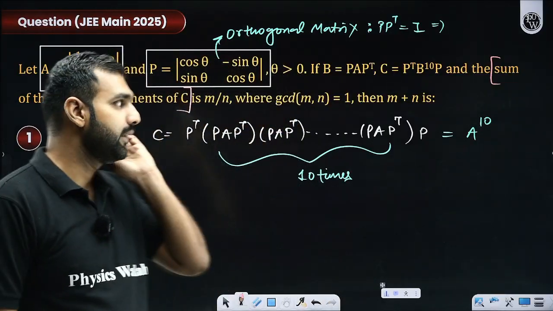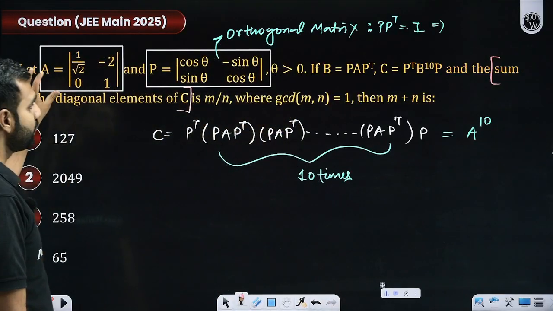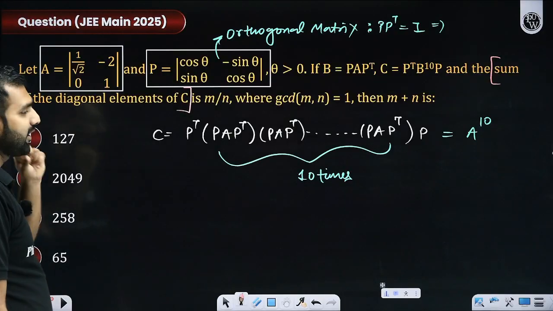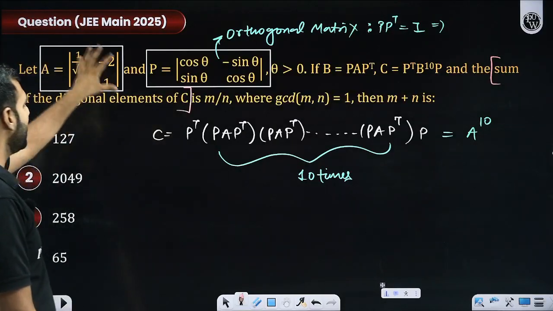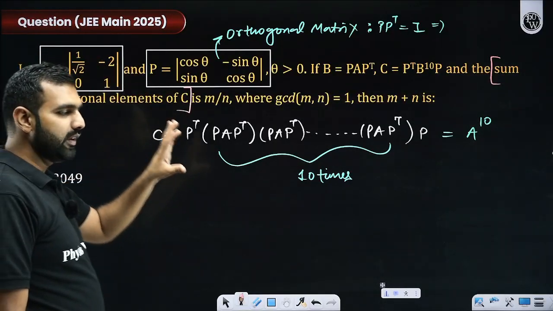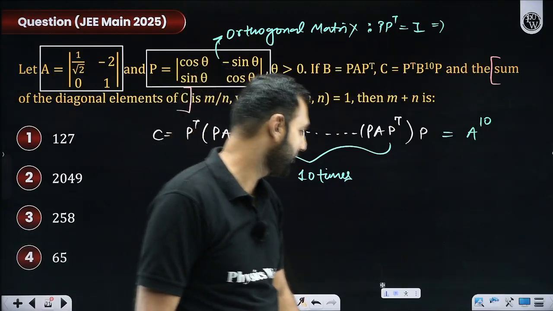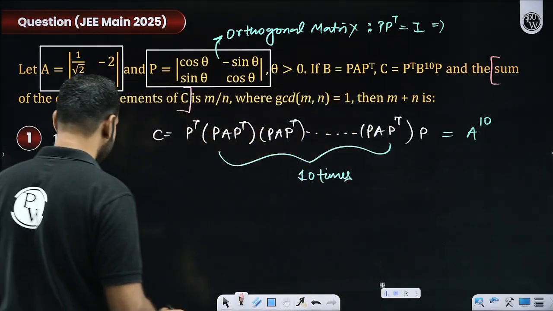I hope you remember, let's say the eigenvalues of A here. What are the eigenvalues of A here? I can find them out, but always remember, I'm telling you one more interesting fact here. Please remember it as a general result.